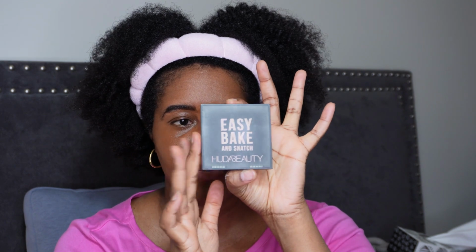If you want to help with your under eyes, especially if you're using a more hydrating concealer or a hydrating foundation and you just want that to set for a little bit longer and not have it move all over the place, you can also get a pressed powder, so something that's in a compact. And again, you're looking for anything that says setting powder. I'm using the Huda Beauty Easy Bake and Snatch. And this is great for under eye